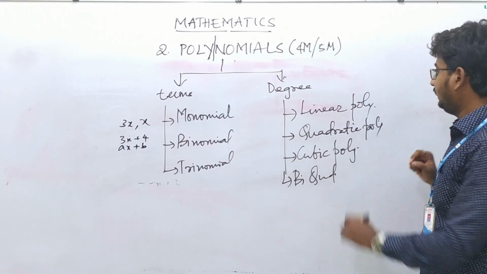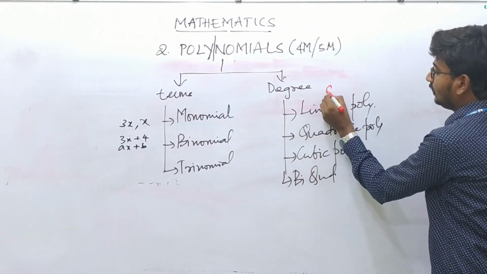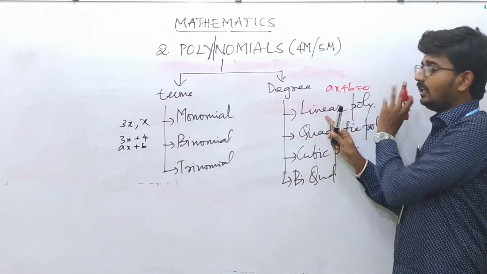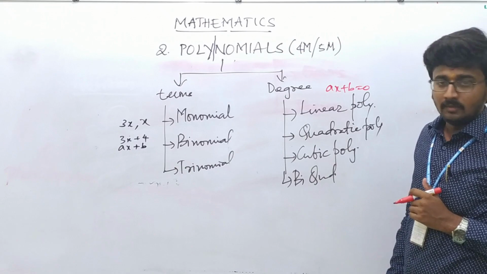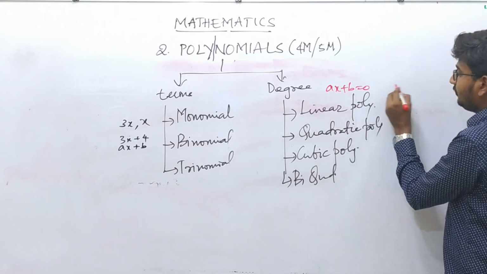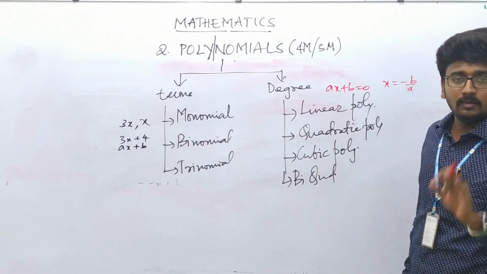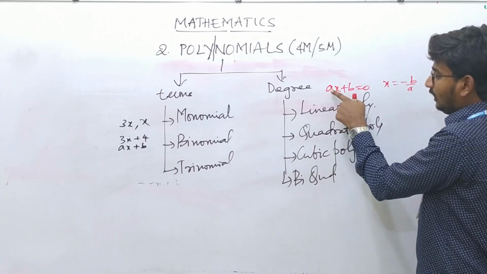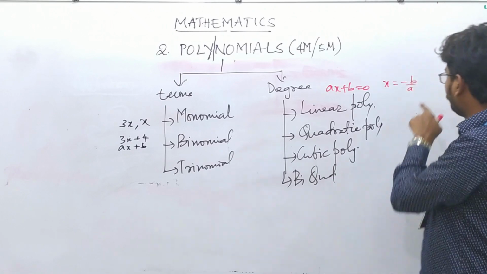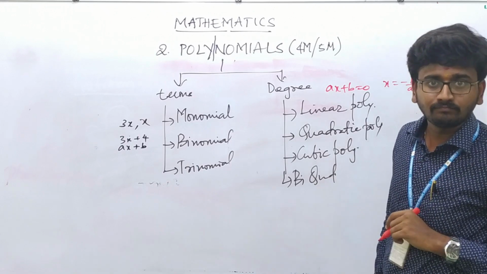The standard form of a linear polynomial is ax plus b equal to 0. It means it has only one variable, that is x, the unknown term, and the value here will be x equal to minus b by a. Plus b will go to the RHS and become minus b. A, which is the coefficient of x, will come to the RHS denominator, so it will be minus b by a. So it has a unique solution.